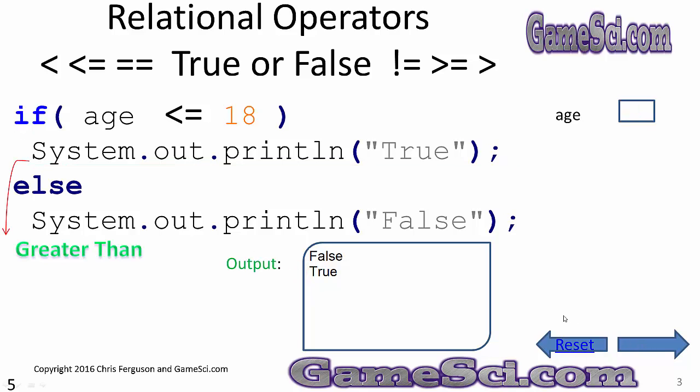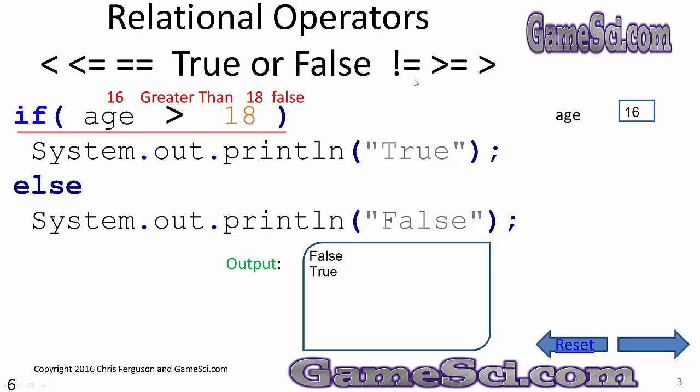All of these are fairly simple. I'm just running through the examples to show you how all of them work. Let's do the greater than operator now. Let's replace the value age. Now, one of the reasons I'm showing you different values in the variables is I want you to understand that every time this code executes, it could take a different path. It all depends on what the value in age is and what the relational operator is. I need you to understand that this is what makes a computer programmable. It makes it programmable because every time this software runs, it could select or choose a different piece of code